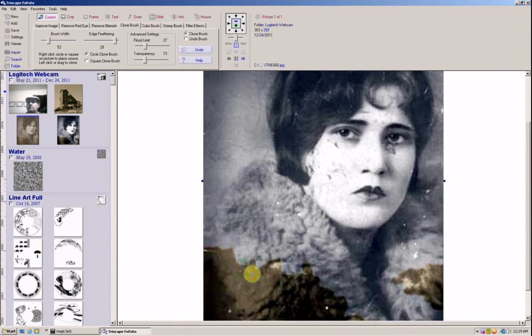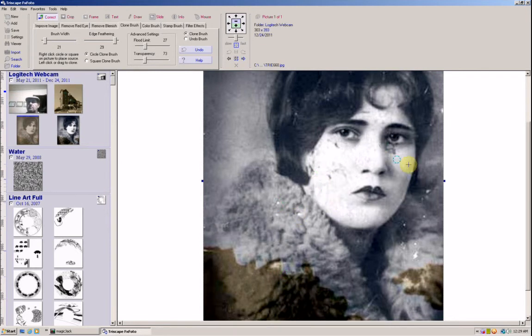Now when I get close to right there, it's hard to keep my circle and try to get those two little white spots, so I'm going to bring my brush down some here. And then I can just click and get those two little spots with ease. I'm going to go over here and catch this big spot. I might want to move. Let's see, I want me a white spot down there. I'll just bring it down there and click, click, and just blend that right in. Okay, now